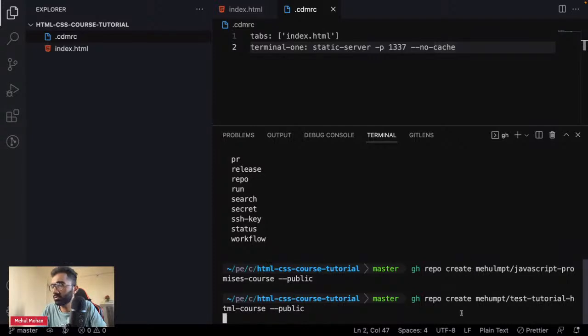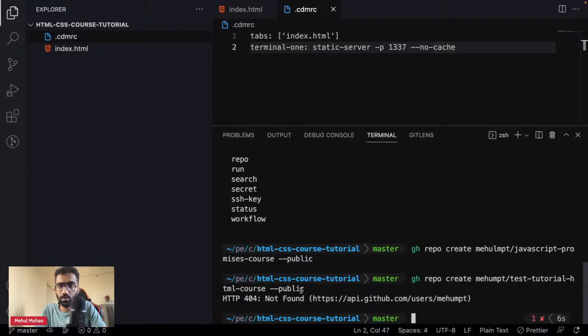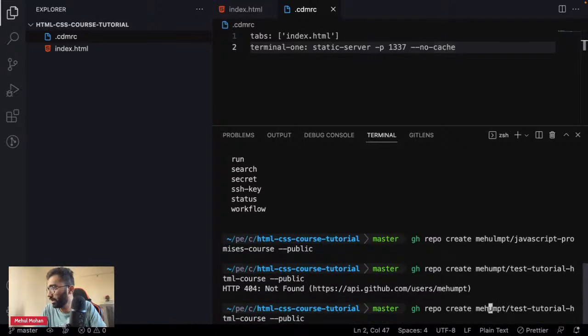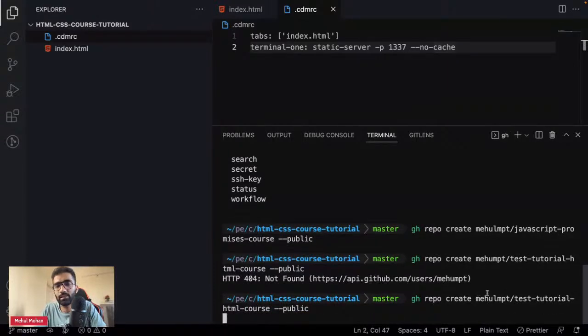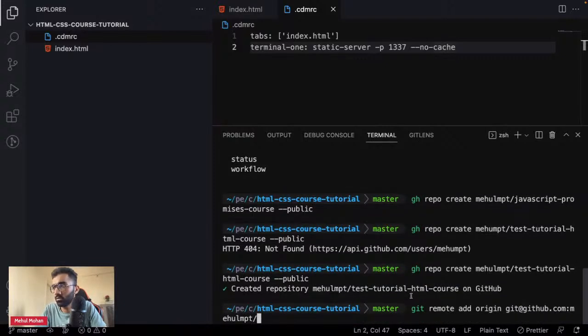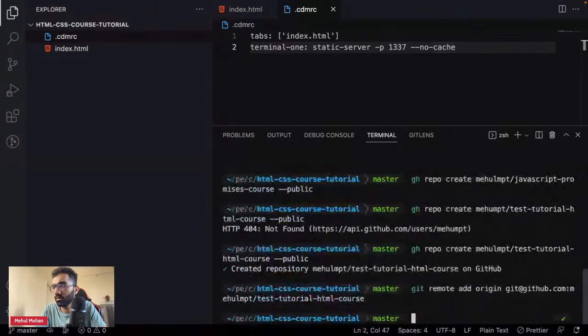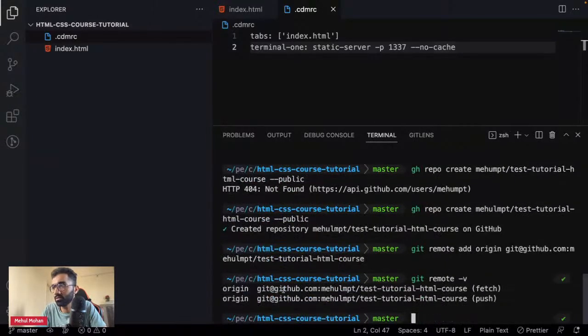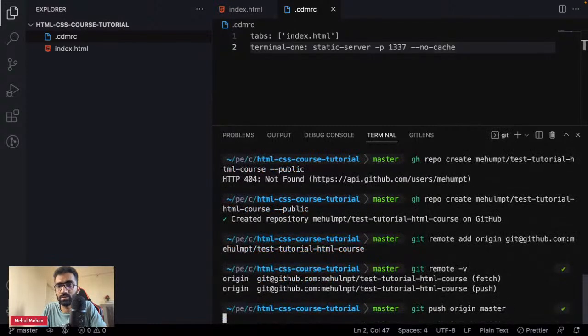It is important that these repositories are public because they would be cloned by CodeDam. You need to make sure that these repositories are public because we need to clone them on users' playgrounds. So once this repository is created, what I can do is say git remote add origin, and then this particular thing, git@github.com. I use SSH, but you can use any way to push on GitHub, whatever you like. And then we see that our repository is added, our contents are added, and I can just push this to GitHub like this with the CLI.